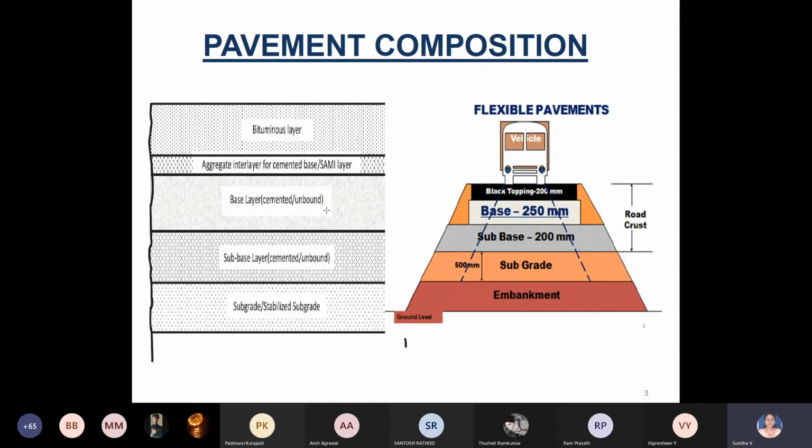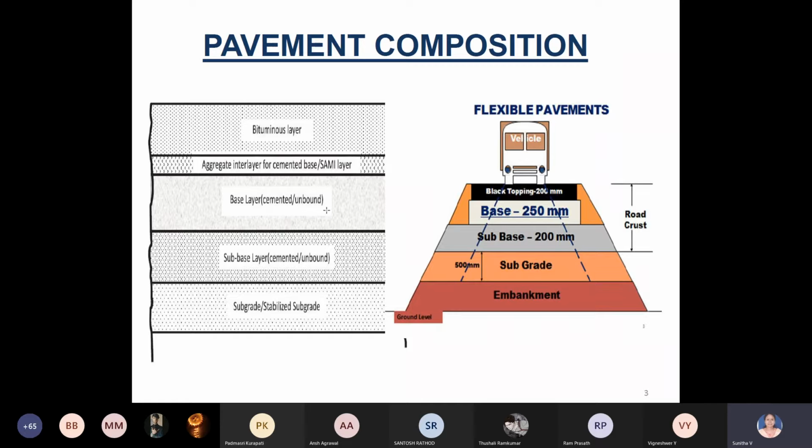So the sub-base you can mix with cement, a cement stabilized sub-base, or the base course also can be stabilized. Those stabilized bases are called bound. Apart from the load transfer through the point of contact, the bonding between them also matters. So your sub-base either can be cemented or unbound granular material. Again, the base course also can be cemented or unbound, again a granular material.